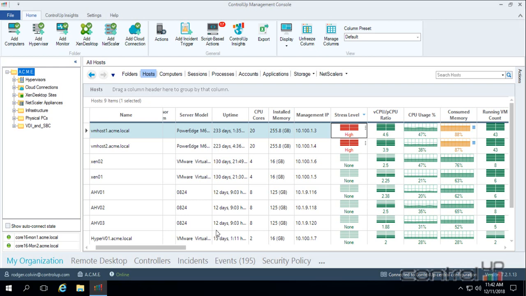This is Roger from ControlUp, and we're about to show you how to create an instant trigger for your host for when your CPU usage and memory consumed is getting high. So the first thing that we're going to do is I want you to see that I'm looking at the host and I'm looking at the stress levels. I see my CPU usage percentage and my memory consumed percentage information here. But what I'm going to do is create a trigger